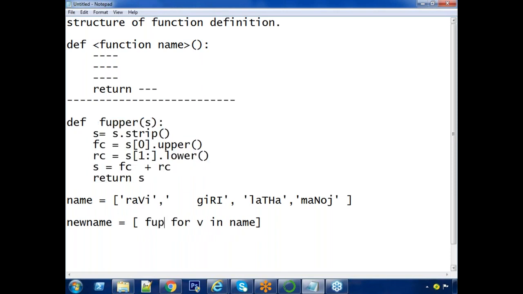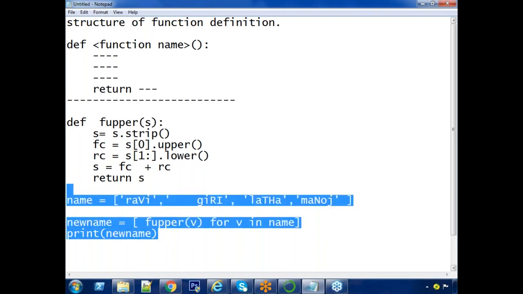My expression is f upper of v. Each value is taken into v, the v is written into the expression place, the expression will be executed, and that will be appended to the empty list. Understand the point? Now check your latest values. Print new name. Just run and test it.